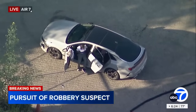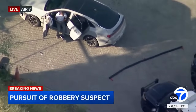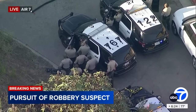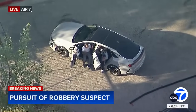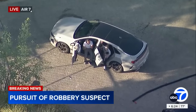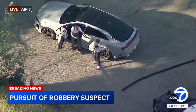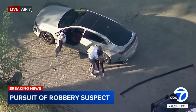They are pretty much handcuffed on how they could approach this. If it does suddenly turn violent, they have a really almost impossible situation to deal with, knowing that there is an infant child that is in harm's way. Oh, here comes the person in the back seat with the baby. Here comes a woman out of the back seat with child, driver stepping out of the vehicle, and now, this